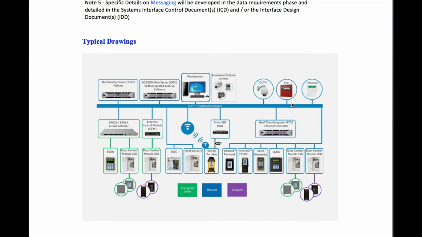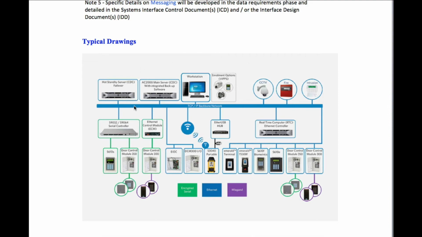For example, you see CCTV, fire, and intrusion detection system on this drawing. However, as indicated by the standard interfaces, you've got your servers as well, and an information broker and AODB, which you do not see on this typical standalone system. That's something to keep an eye out for when you're tendering and when you're writing your specifications, to make sure that you've got an interface defined onto the backbone network going to other systems.